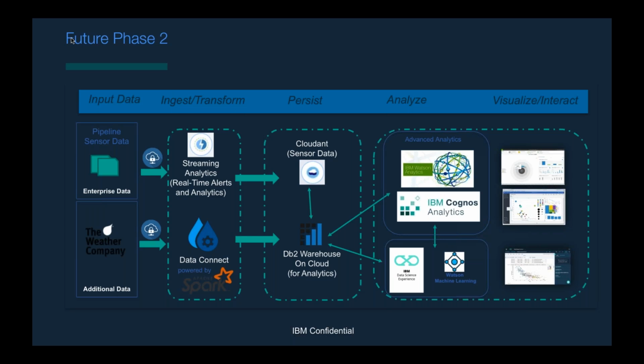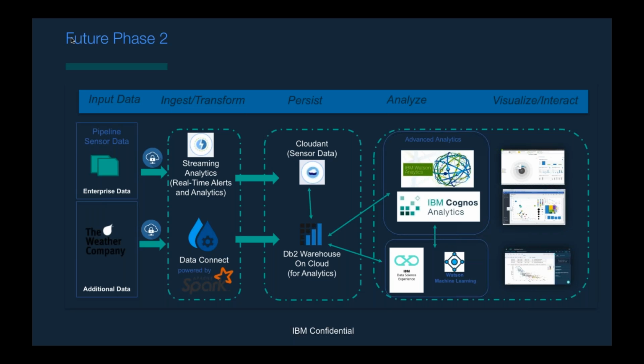So you can imagine you're pumping this information into Cloudant, and this is a nice way to stage your IoT data. And then now what? So it's a document store. Does it make sense to run queries against that? Not so much. So there's this Cloudant, and we have a direct integration from Cloudant to Db2 Warehouse called the